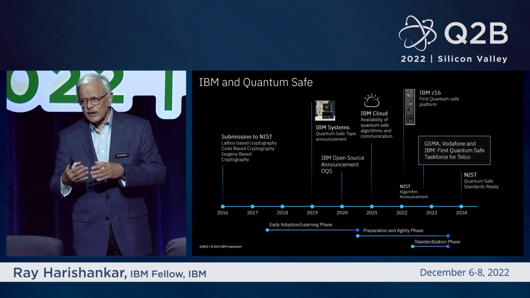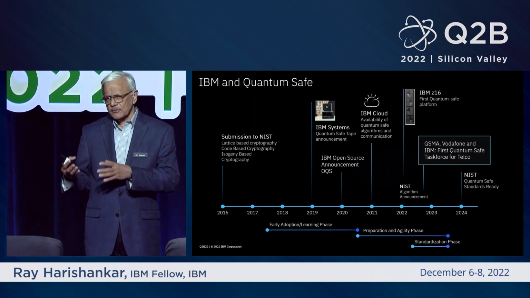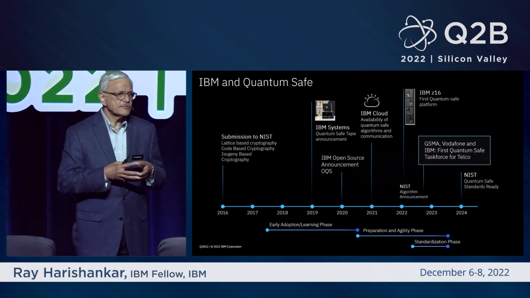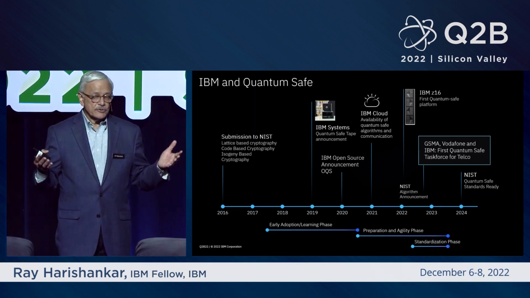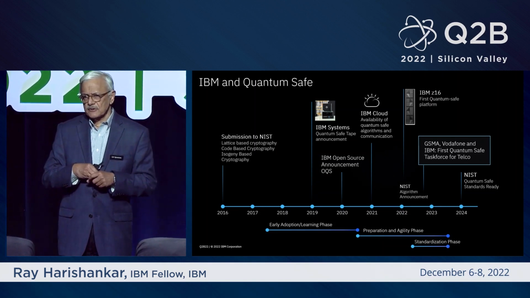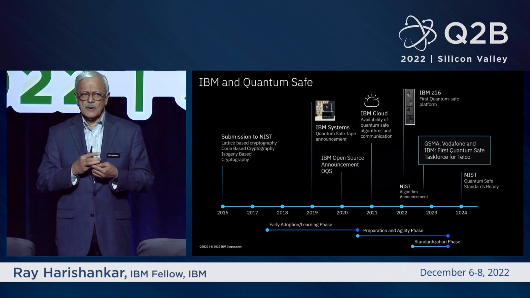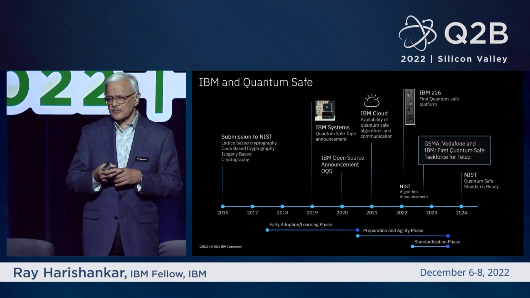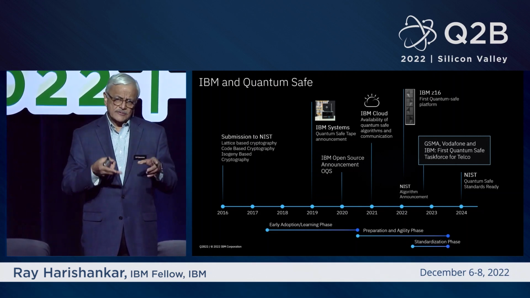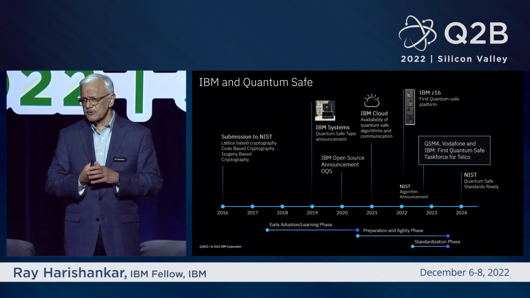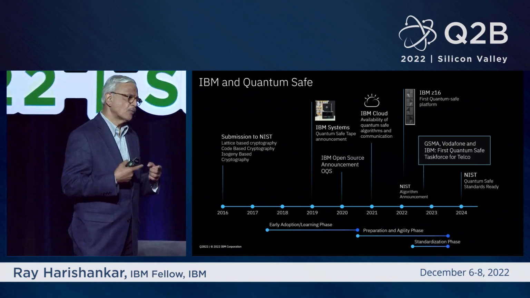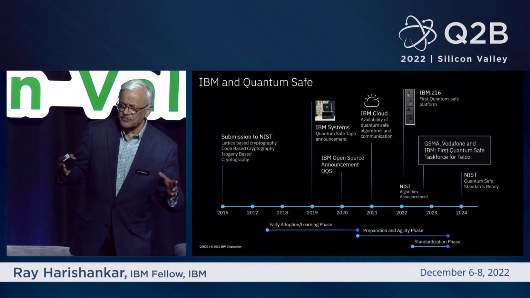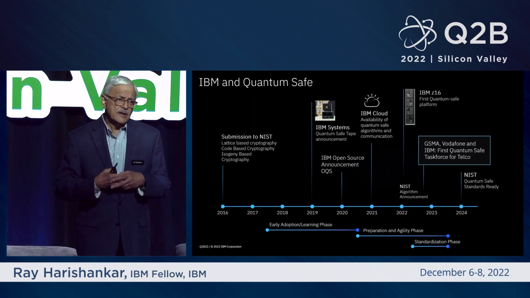And so if we can form a consortium approach and address the challenges of quantum safe at an industry level, then everybody benefits. So in September of this year, we launched a task force, the Post-Quantum Telco Network Task Force, in collaboration with Vodafone and GSMA, which is a standards authority. And as of now, we have about 40+ members who are part of that task force, and they're actively working on developing standards that can be adopted by the 700 members of GSMA, plus all the operators around the world